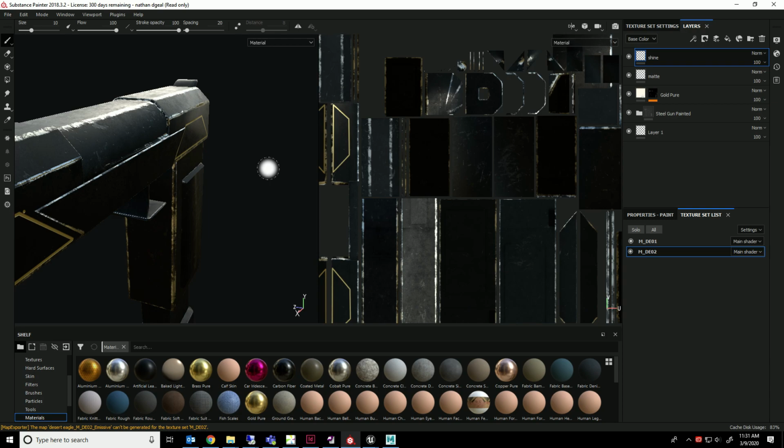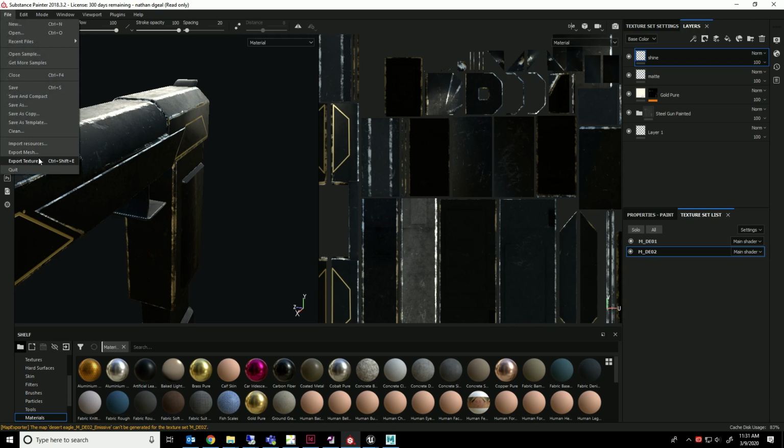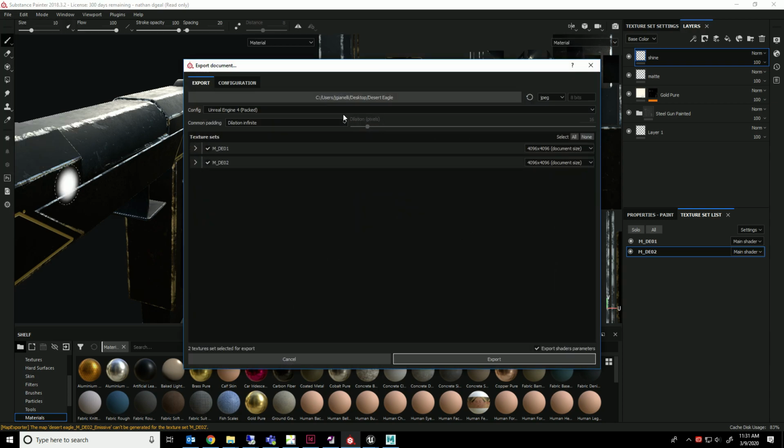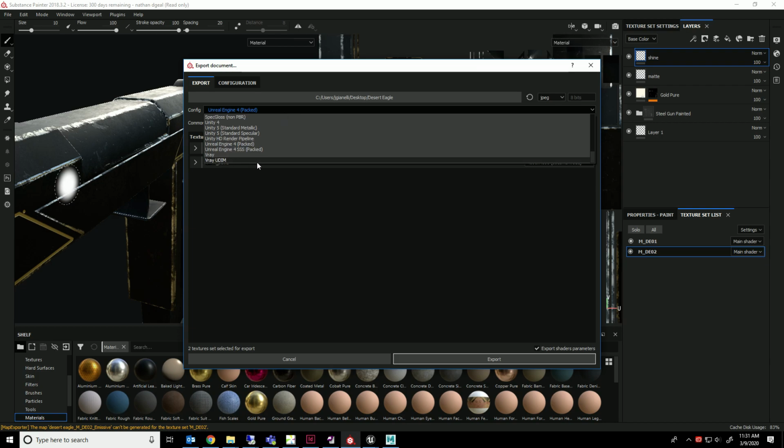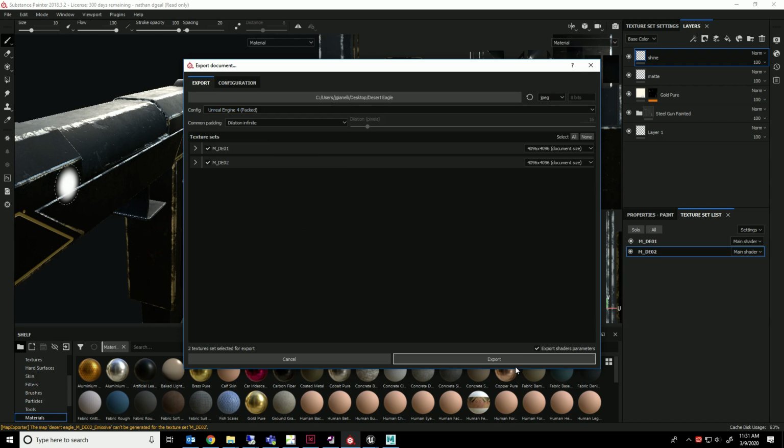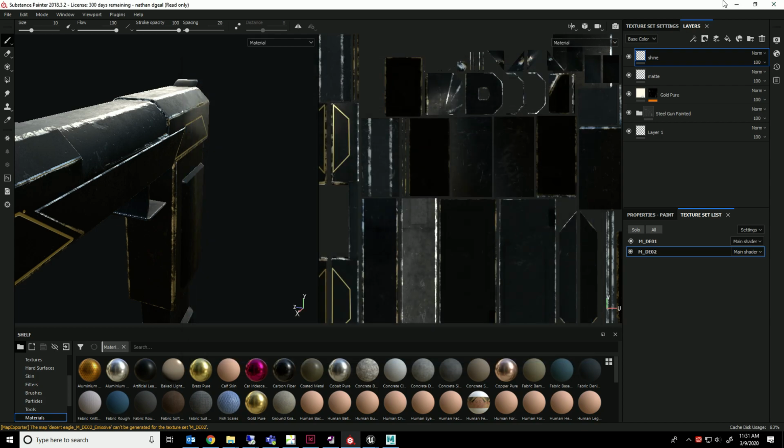So do that first. Then you're going to do a file export texture and make sure you know where you're putting it, and the config should be Unreal Engine 4 packed, not SSS. And then you click export and it'll give you all of the